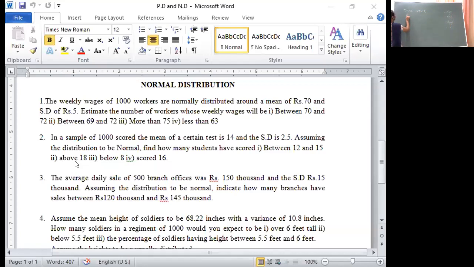By using symmetry property, probability of z greater than a. If it is, how we used to write? Z is less than minus 1.6 is there. We used to write probability of z greater than or equal to 1.6. Here it is a positive value. That means it lies on right tail. Directly we will write probability of z greater than 1.6.